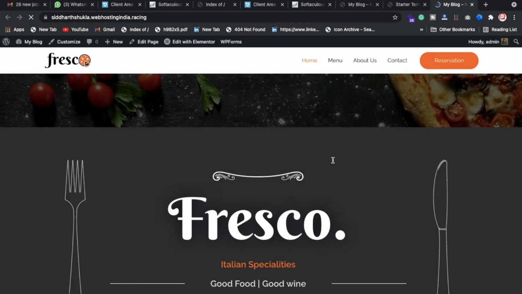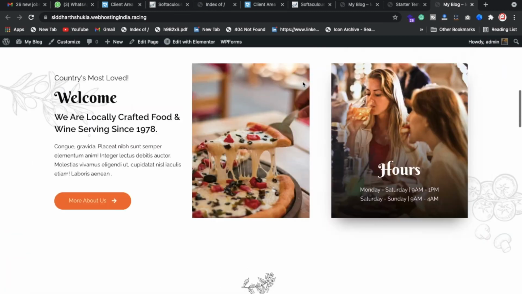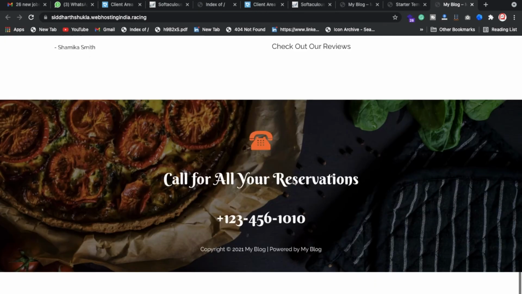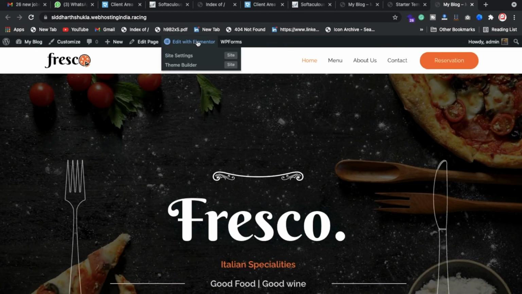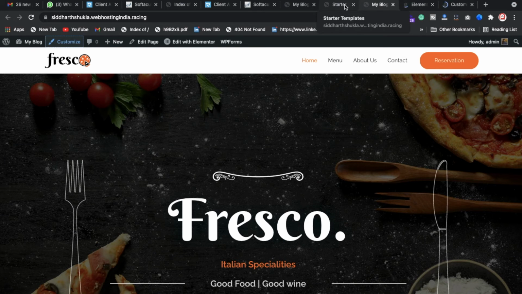Now look, the theme is already installed. So how can you customize it now? You can customize your theme. I'm going to show you how you can customize the theme. Just click on Edit with Elementor. Suppose you need to change the menu, just click on Customize. This process is really easy and you can control your website from your side only. And also, if you need any extra support, you can contact me. I will complete your task, whatever you're going to